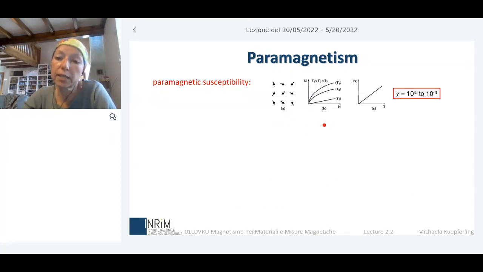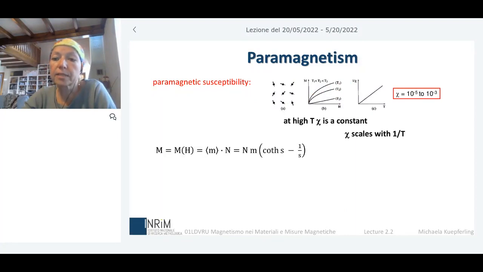So we see here these pre-existing magnetic moments at high temperatures. We have a kind of linear behavior because the magnetic moments try to align against the temperature. At lower temperatures, of course, they will align more easily, and we can even reach saturation. Let's check a little bit what happens at high temperatures. So if temperature is very high, we say we have this linear behavior,